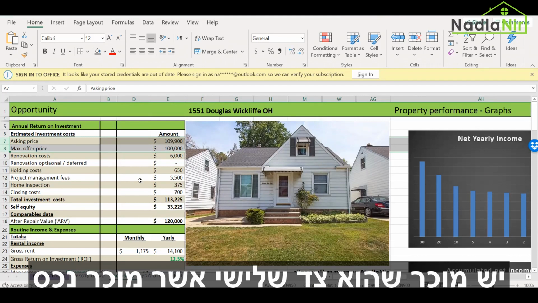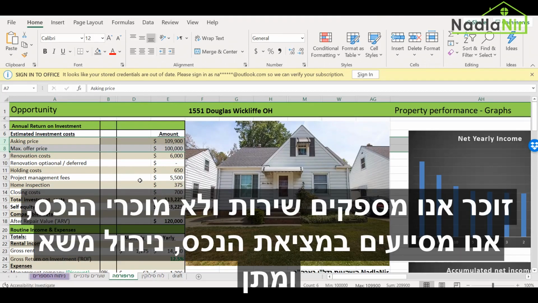There is a seller, a third-party seller, that is selling the property. Remember, we are providing a service. We are not the sellers of the property. So right. We are assisting with finding the property, doing negotiation